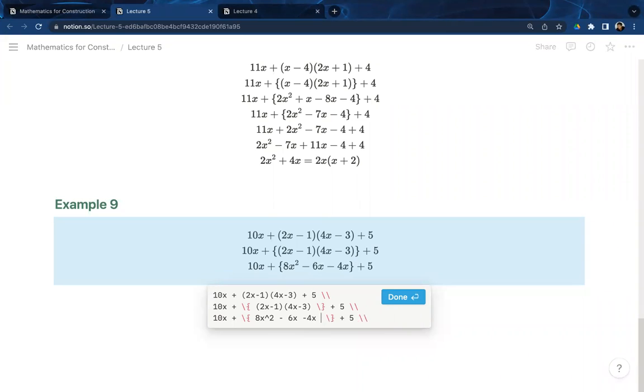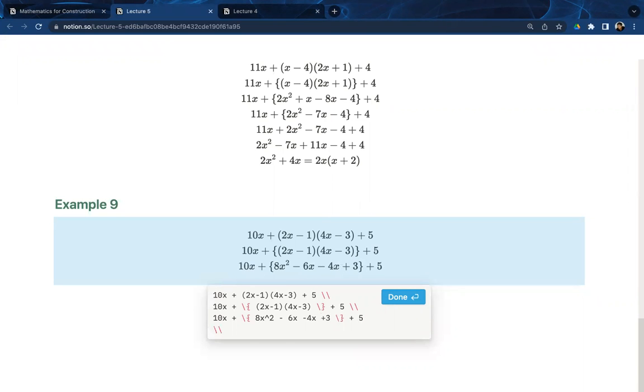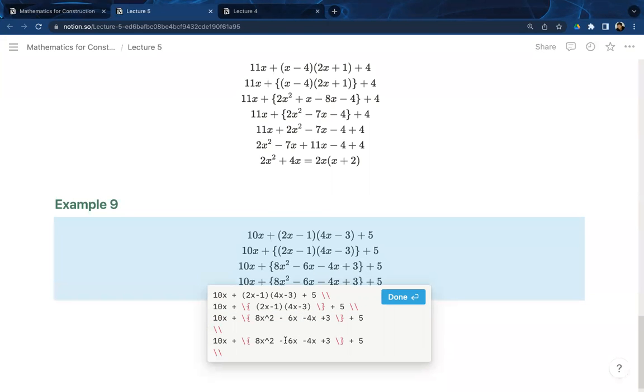Minus 1 by minus 3 is plus 3. So 8x squared minus 10x plus 3. And then when you remove the brackets, you're really gonna get